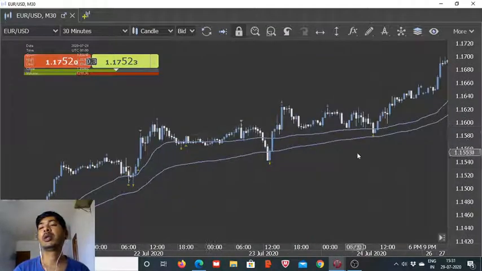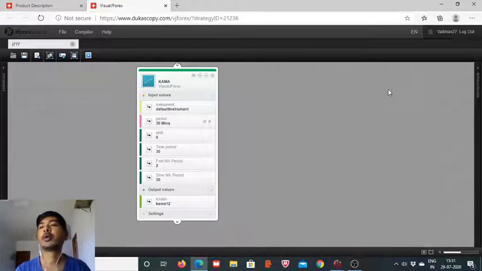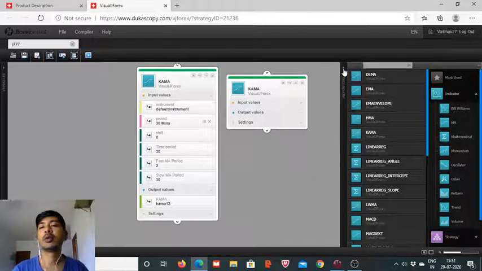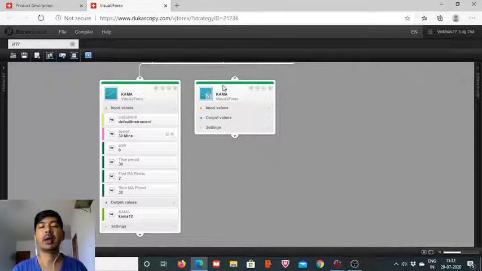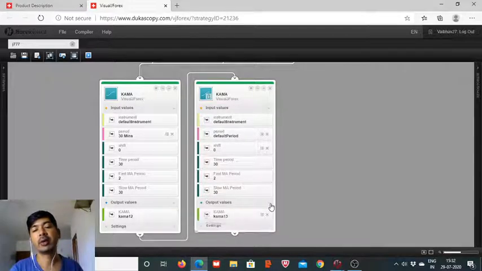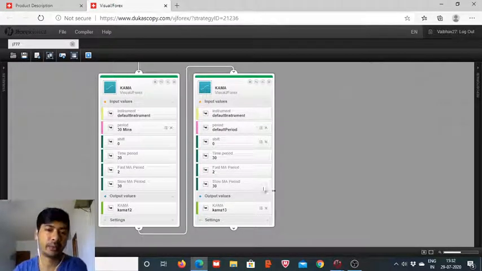and the combination you want to use can then simply be put into the algorithmic setup on the Visual JForex platform. All you have to do is take multiple KMA blocks, and then you have to do the comparison, and the output values will be there, and all you have to do is get those output values in the if and else statements, and whatever are your requirements you design them, and then you will have your algorithmic setup